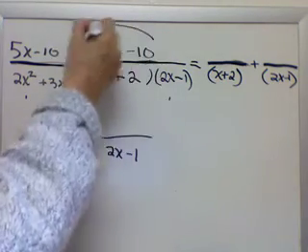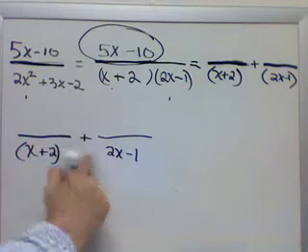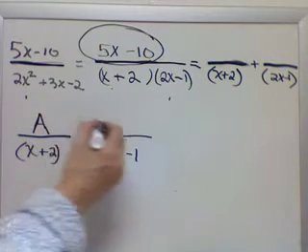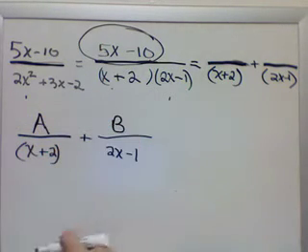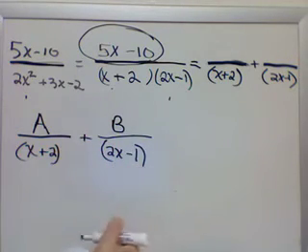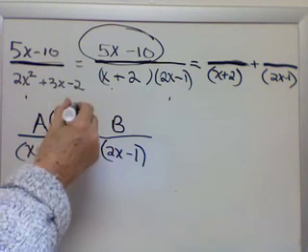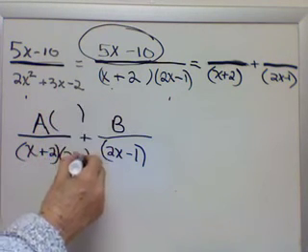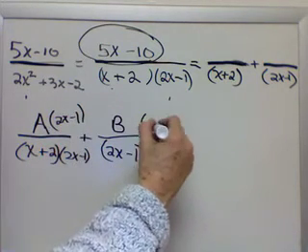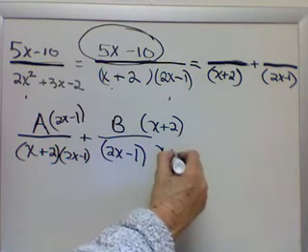fractions. We know the final addition of them adds up to 5x minus 10, but we don't know what they were prior to that. So the best way to do that is to call one A and one B. And think about, if I had to add these two fractions, I would need common denominators. On this one, I'd need to multiply the top and the bottom by 2x minus 1 over 2x minus 1. On this one, I'd have to multiply the top and the bottom by x plus 2 on both the top